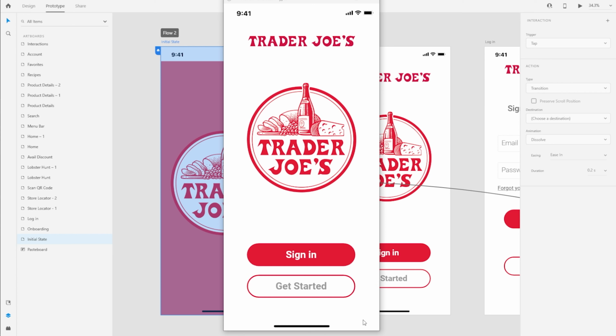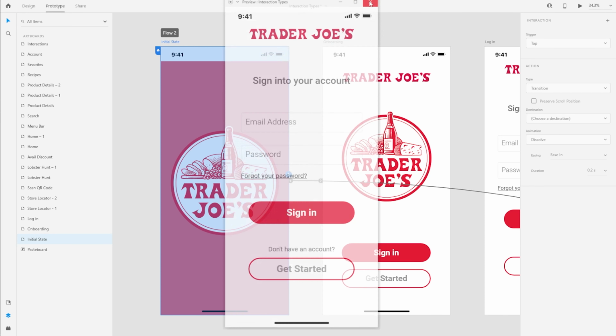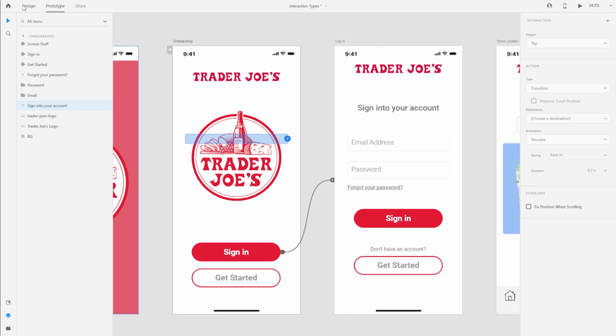I've actually done the same thing by using the auto animate option for the sign in process as well. So look closely over here. The Trader Joe's logo actually just reduces in size and then becomes transparent. But all the other items like the sign in credentials, they become visible and they're moving a bit to the top as well. So if I go back to my artboard, I can actually show you,